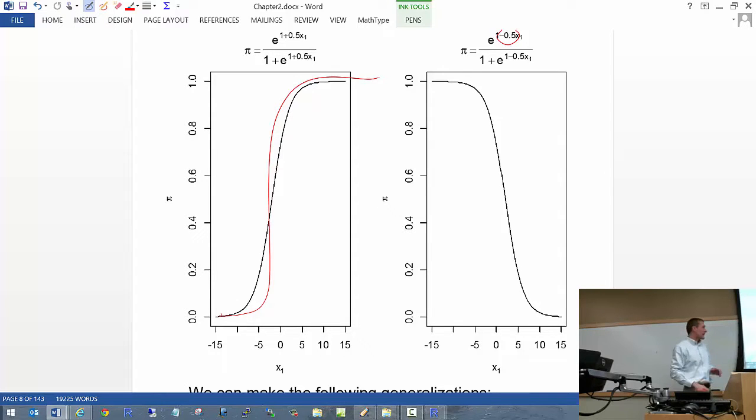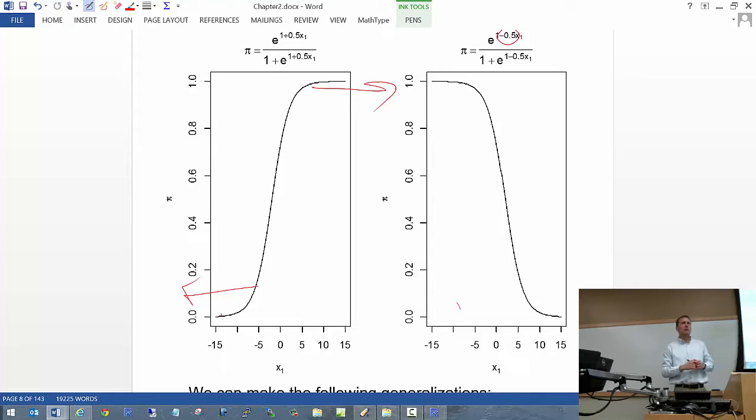You can think of it as, this is going to be stretched out more. This is going to be stretched out more. So it's going to take longer to get up to pi equal 1, if you think of it in terms of increasing x. And then lastly, suppose you did a plot of logit of pi versus